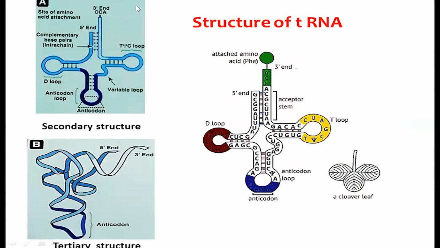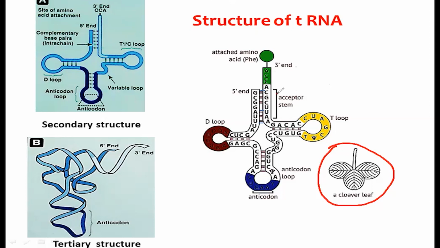The structure of transfer RNA resembles that of a clover leaf. So, it has a characteristic clover leaf pattern. The transfer RNA consists of mainly 4 arms, each armed with a base paired stem. This is the acceptor arm,